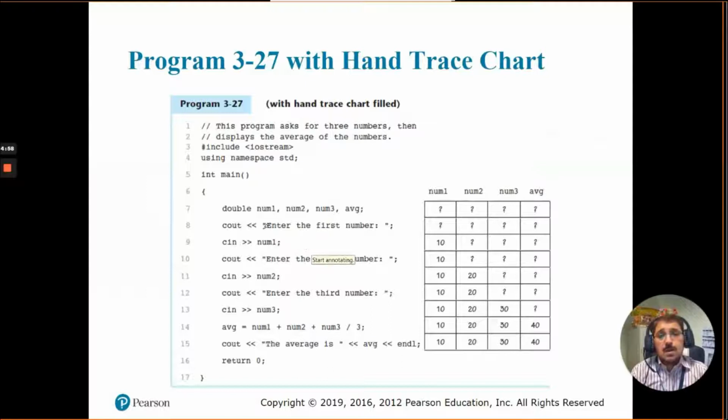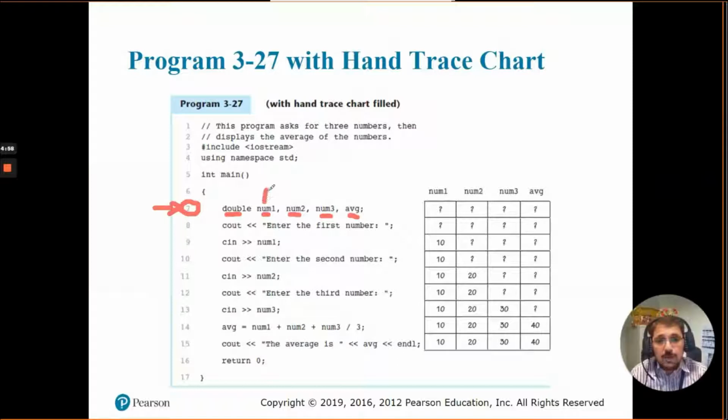Okay, so in this program we have four variables. You see double num1, num2, num3, and average. On line number 7, when the compiler comes to this line, it creates these four variables. So as a human, if we want to hand trace, then we will create a table like this, and the table will have as many columns as the number of variables that you have.